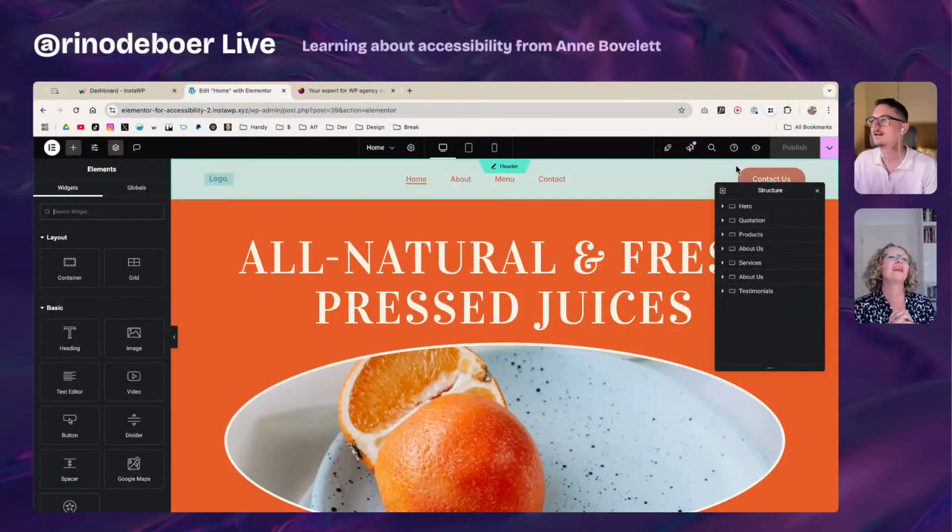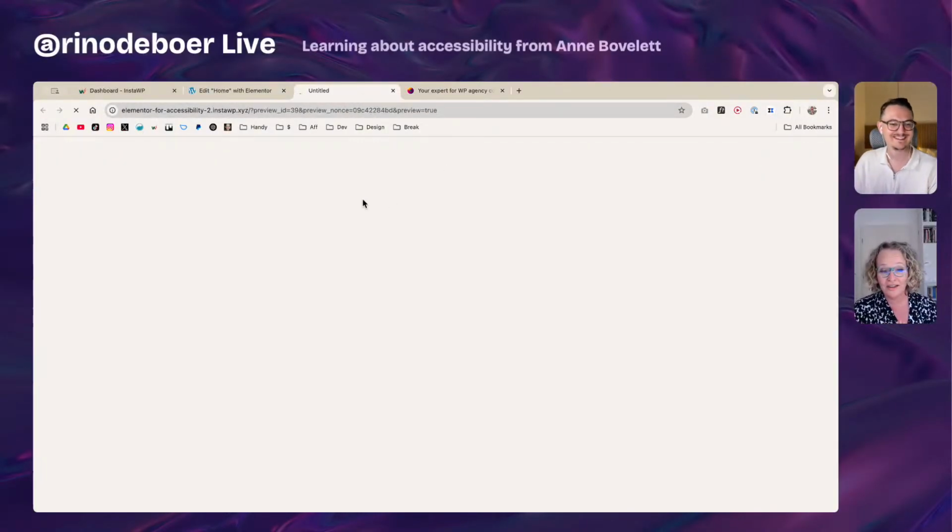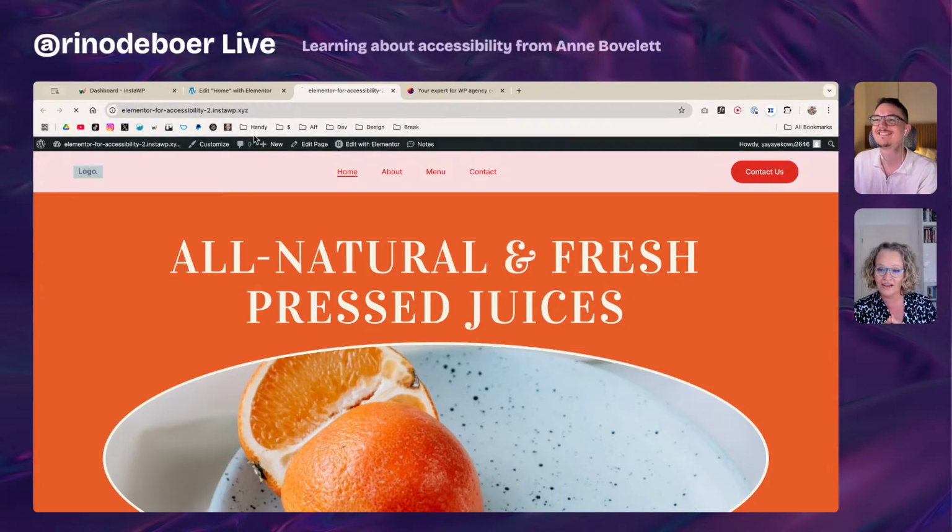Of course, I lead a community, but I'm also a student. It's good to know that there are accessibility specialists who've been on the job for 25 years and still learn. I was recently part of a big project, and there was something about focus. When you use your tab key and you can see where it's moving on the screen, it's called the focus. And when you do that in CSS,